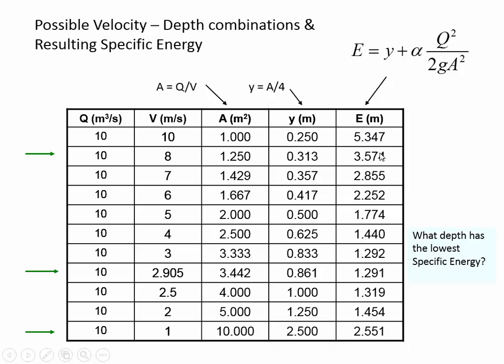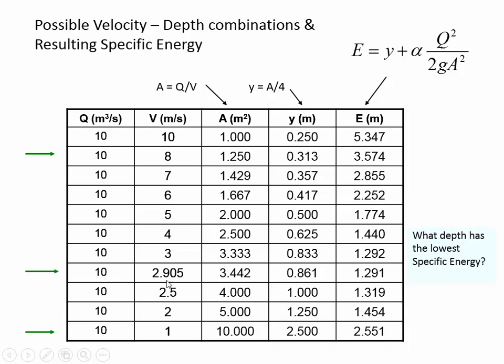But then the specific energy is going down. So it's going down because our velocity is decreasing at a faster rate than the depth is increasing. So compare this first row to the second row. We got a little bit more depth on the second row when we went from 0.25 to 0.31. So you'd say, well, you're getting a little more of the Y, but you lost a lot of the velocity head. So that's why the sum of the specific energy went from 5.3 down to 3.6. Okay? And it keeps going down